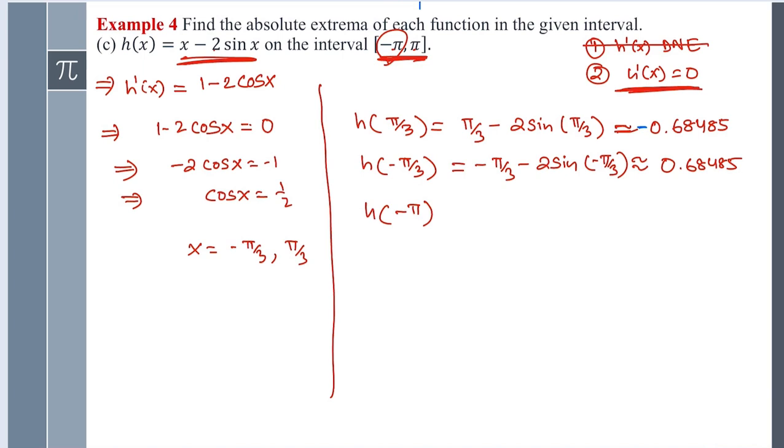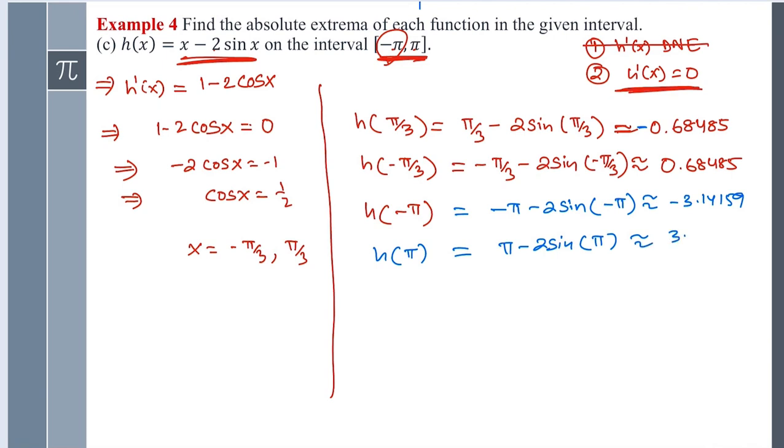And then at negative pi, we put it into our function. So negative pi minus 2 sine of negative pi, and that is negative 3.14159. Okay, and then at pi we have pi minus 2 sine pi, and that's equivalent to